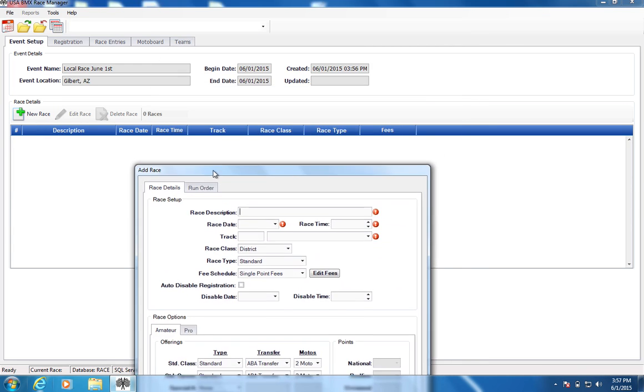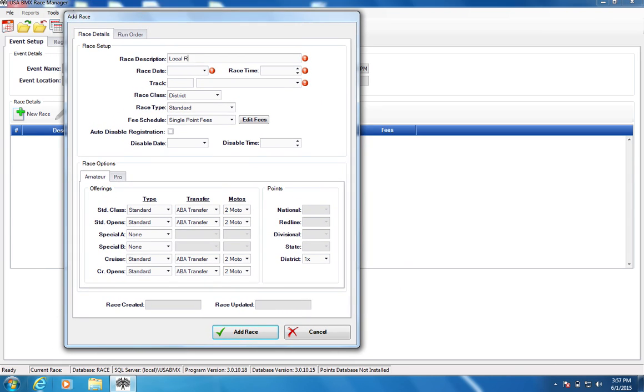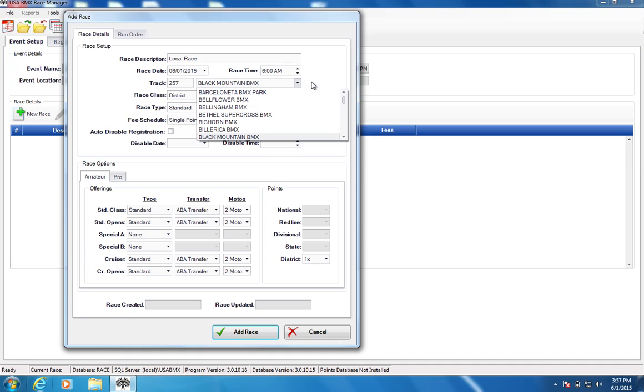We're just going to put one race today, and again, it's a local race. Today is the day, and we're going to race at 6 o'clock tonight, and we're going to be Black Mountain BMX. So you have the option to go ahead and type a track number. You've got the option to do either or. So you type those in, choose your track from the drop down if need be,